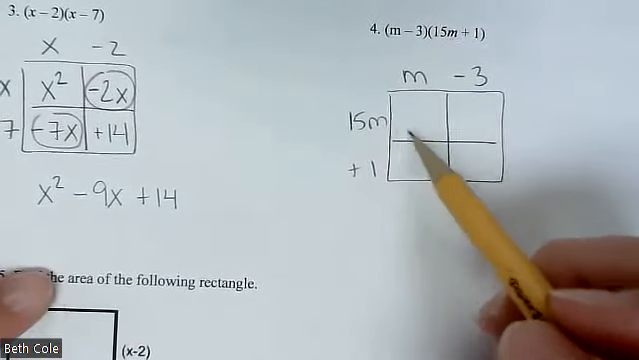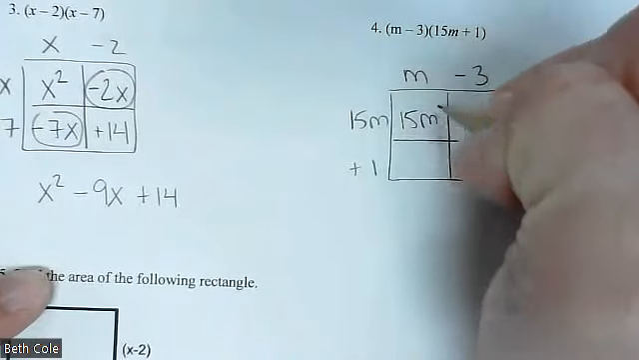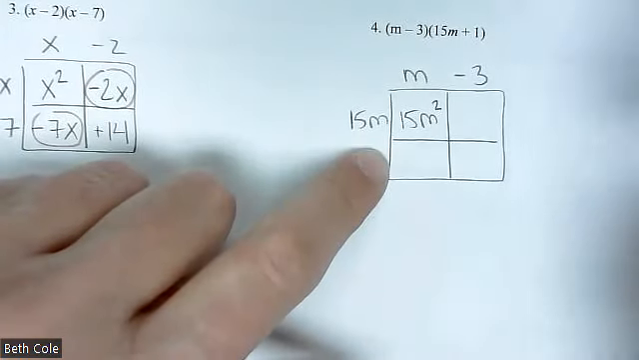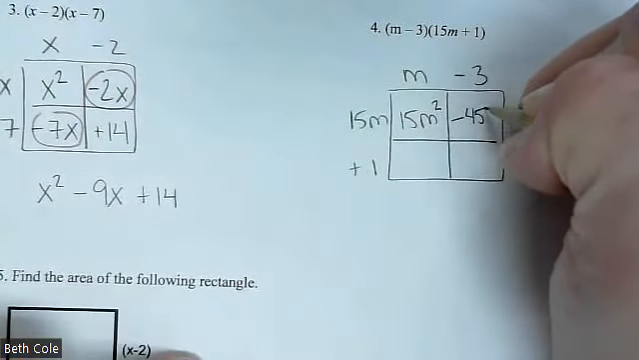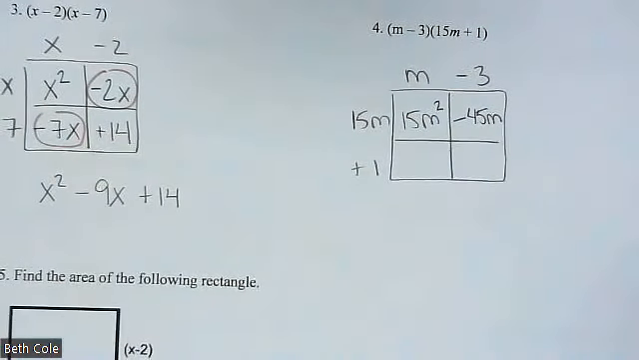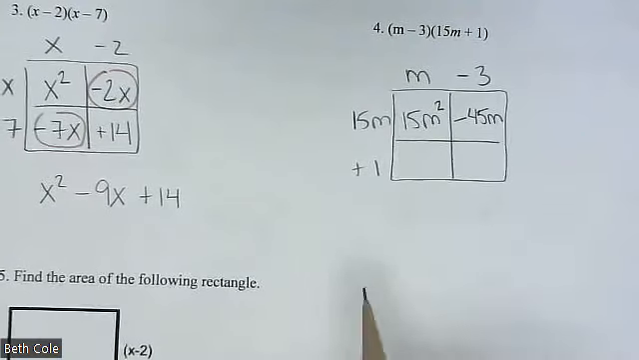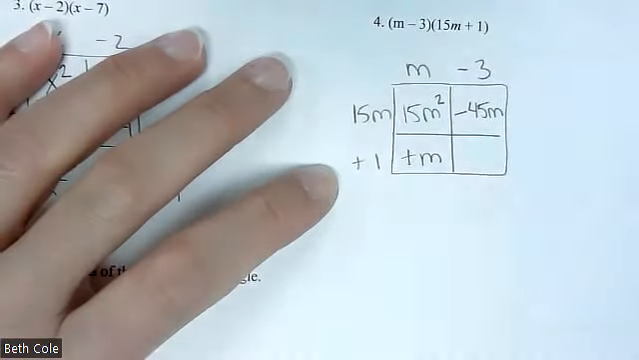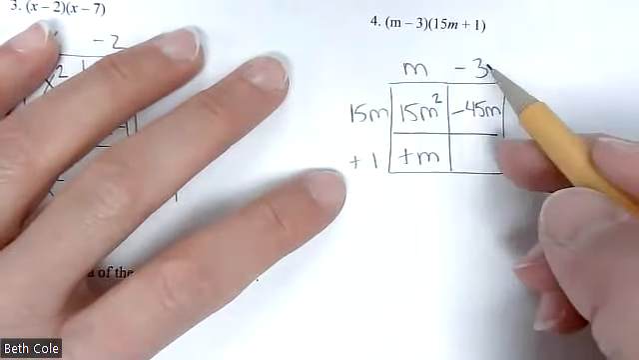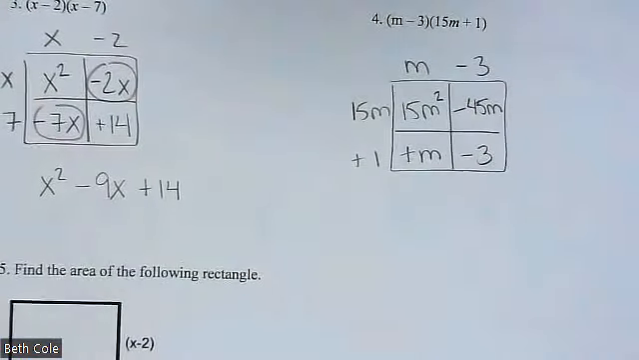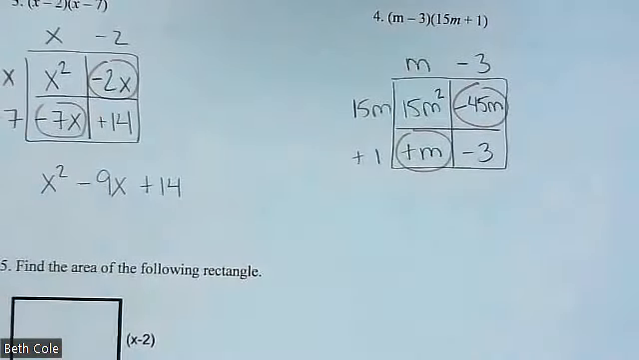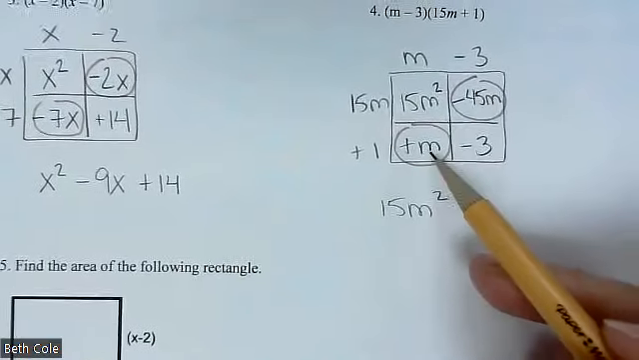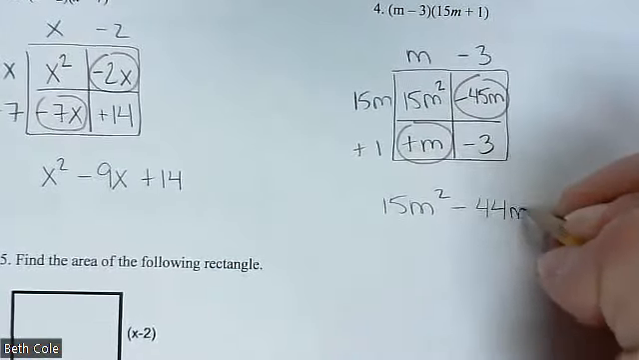All right, so for the first box, what's going to go in this one? Good, 15m squared. M times m is m squared. We're getting there. All right, and then 15m times negative 3 is negative 45m. If you didn't know 15 times 3 is 45, that's fine. You can use a calculator. Now, when you multiply anything times 1, it's not going to change. So, yeah, plus 1m, and you can leave the 1 in there if you want, plus 1m, and then negative 3 times 1 is just negative 3. So your final answer is 15m squared, and then you put these together, negative 45m plus 1m, negative 44m, and